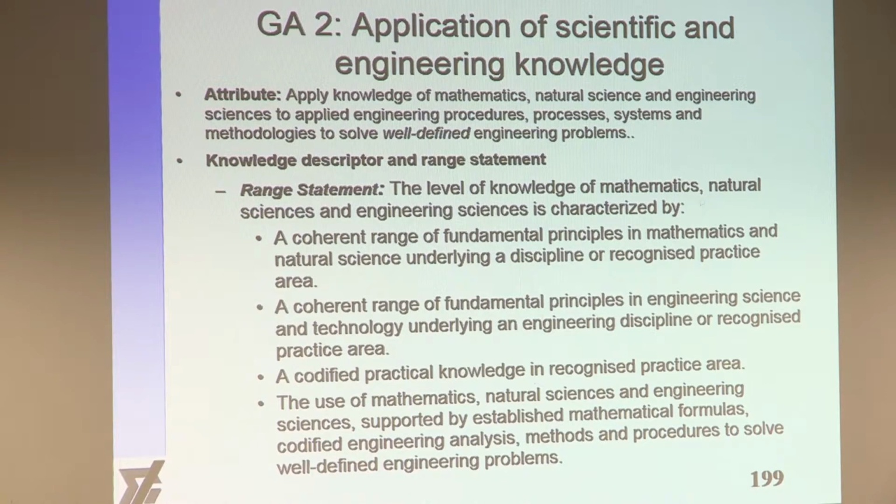Graduate attribute 2, as you can see, application of scientific and engineering knowledge. For the attribute of what needs to be applied, it says there, application of knowledge of mathematics. Now, the catch comes. If you did not assess the student or teach them at the knowledge profile maths in year 1, it becomes a challenge because they need to apply maths here. So what the assessors will be looking at for graduate attribute 2, you must show that somewhere mathematics has been applied in here. Natural sciences and engineering science to apply engineering procedures, processes, things and ability to solve well-defined